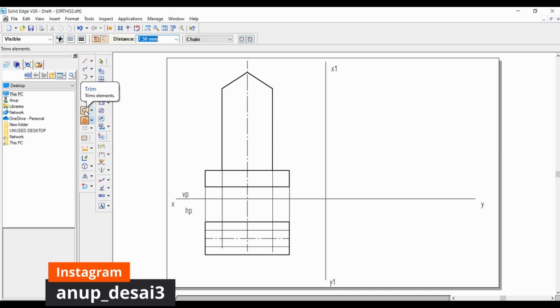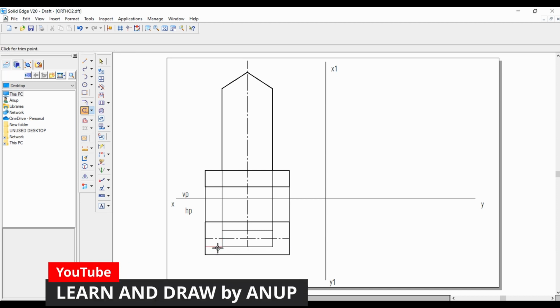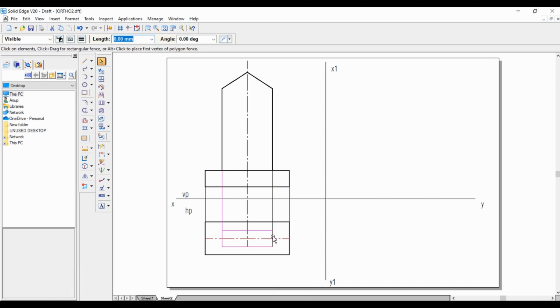Now we have to trim the unwanted lines. For that, select the trim option here. Which are the lines that we don't want? We can trim these easily. Now darken this line. For that, select this rectangle here, then select the thickness as 0.5 mm.